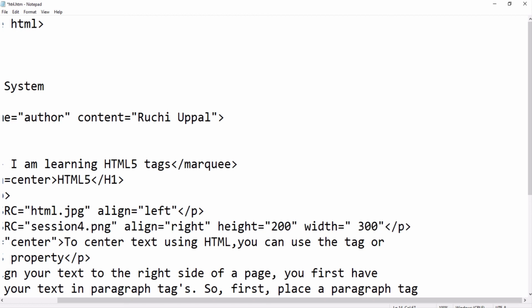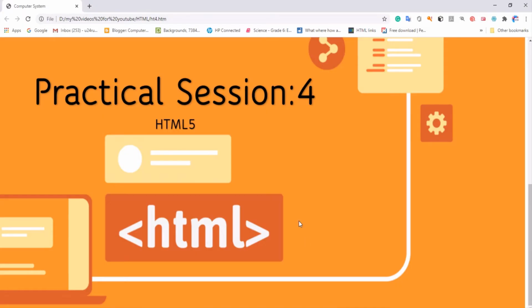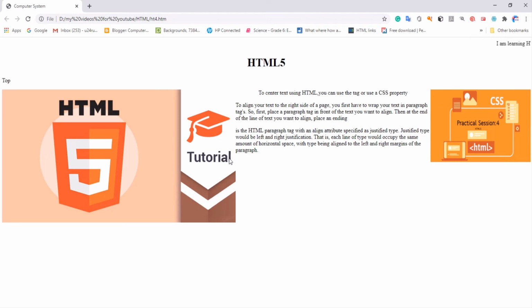Let's take, save your file and let's refresh the browser. Yes, now the image is coming on the left side and the right side. The text wrapped around the two images appear in the web browser.